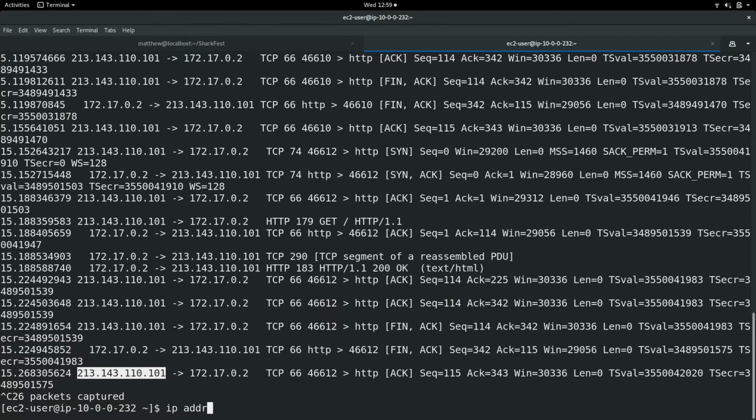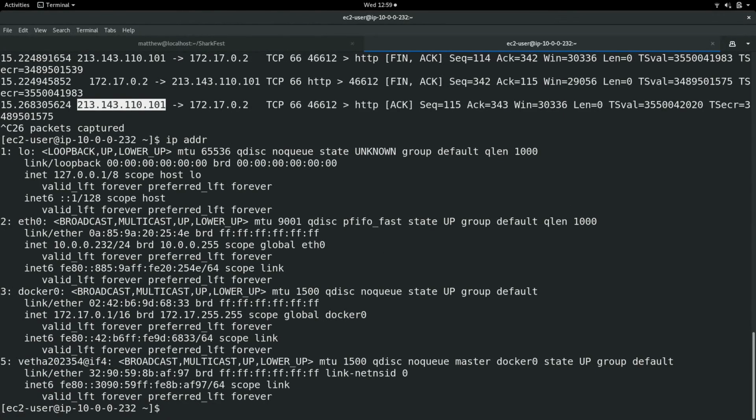If I have a look at the IP address of the instance that I'm on, the instance IP address is 10.0.0.232. However, that Docker network that I was talking about earlier is the one sitting on 172.17.0.1. So you can see that the packets have been destination natted by the time you see them on that virtual adapter. And that's something to bear in mind when we get to something a bit later on.